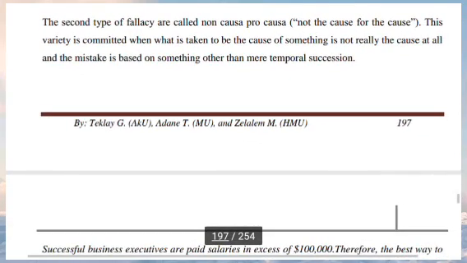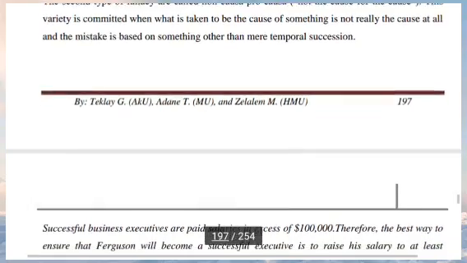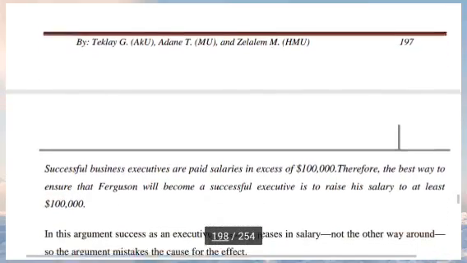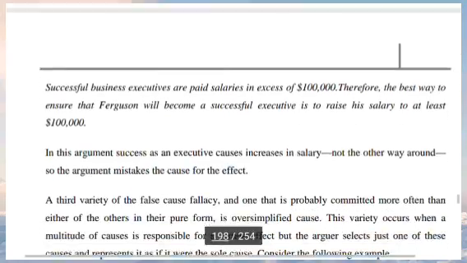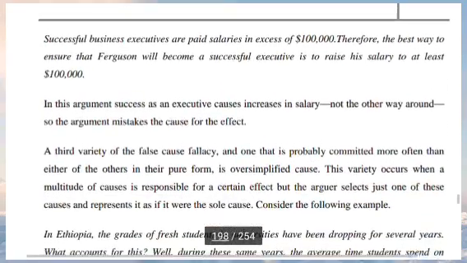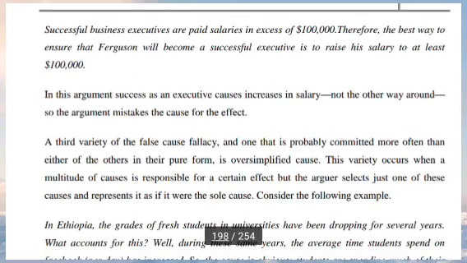And it occurs when a multitude of causes is responsible for a certain effect, but the arguer selects just one of these causes and represents it as if it were the whole cause. አሁን ይሄ just ለየሆነ ነገር መከሰት ብዙ ምክንያቶች ያሉ ሆኖ ሳለ ግን አንዷን ምክንያት ብቻ ነጥሎ ለዛ ነገር መከሰት ብቸኛ ምክንያት ይሄ ነው ብሎ መደምደም ማለት ነው። For example, in Ethiopia, the grades of fresh students in universities have been dropping for